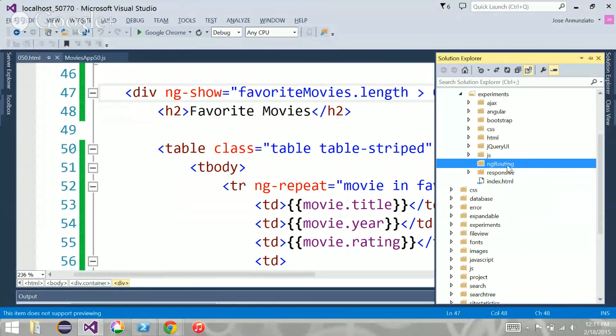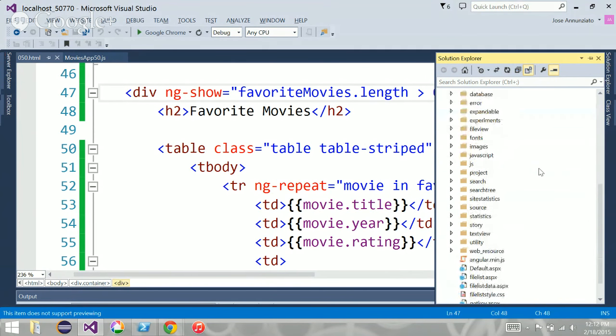To do routing, we're going to need an additional framework. Angular has been growing, and so they decided to split the framework into smaller modules. It used to be part of the core module, but now Angular has matured. It's pretty big, and so they split it up. The feature of being able to route things was split into its own dedicated module. And I don't know if I already downloaded it.